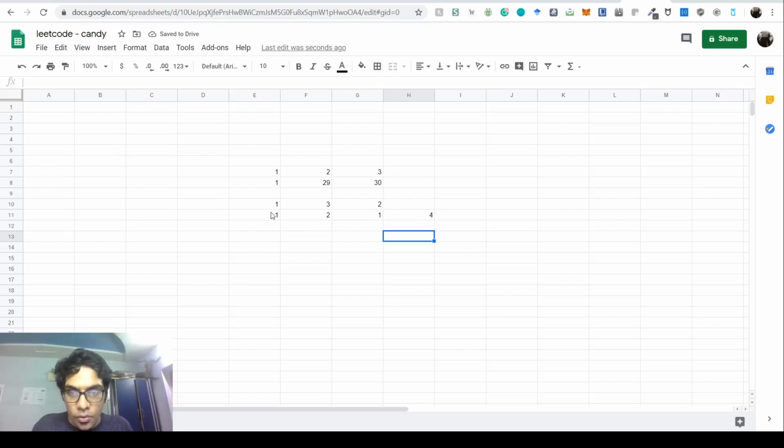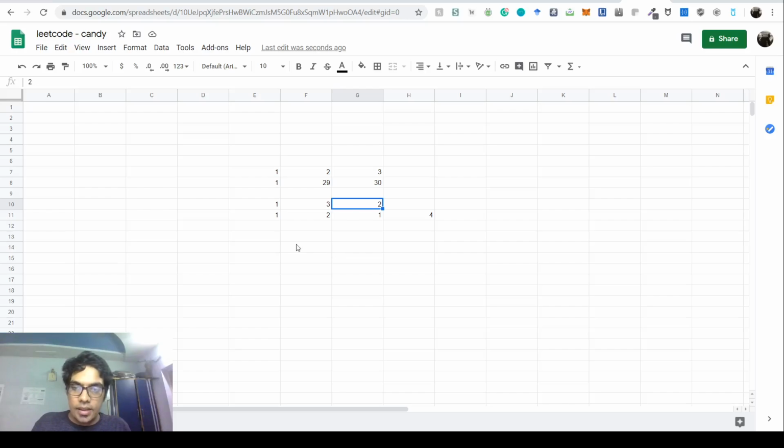So we did not need to do 1, 3, 2, because though 3 has a higher rating, it's okay, because 2 and 1 are not neighbors. 2 has a higher rating than 1, but both of them can still have the same number of candies, because 2 is not a neighbor of 1. So that is the thing, right? So how are we going to approach this problem? The first thing one needs to take into consideration for such problems is that we have to take a greedy approach, right? This is actually a greedy problem, but it's a greedy problem combined with dynamic programming, right?